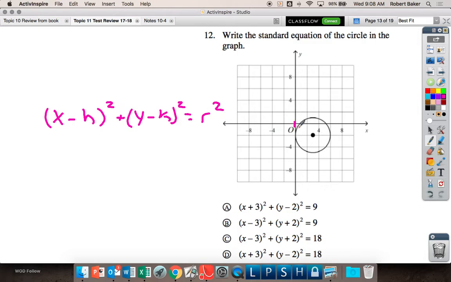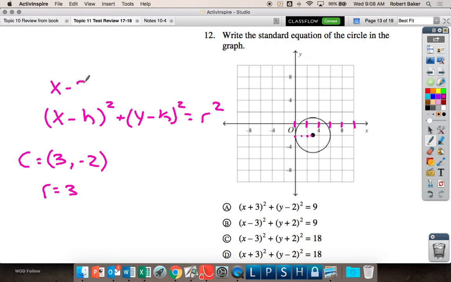And it counts 0, 2, 4, 6, 8, 10. So the center of that circle is at 3, negative 2. The center of the circle is at 3, negative 2. And then to count the radius of the circle, it's 1, 2, 3, because the graph counts by 2's. The graph counts by 2, so you have to count 1, 2, 3. The radius equals 3. So if we plug this information into this equation, we would get